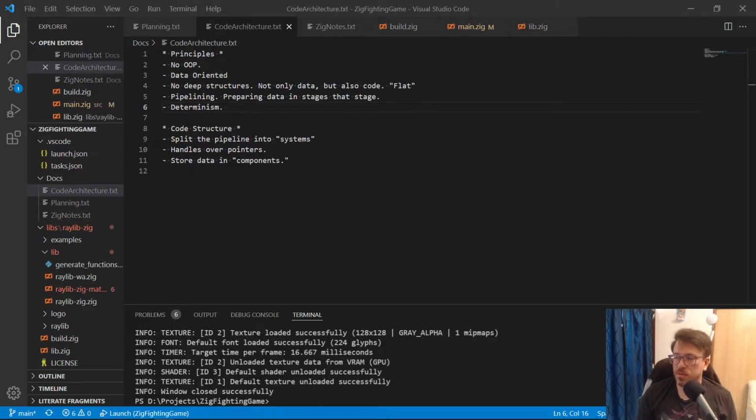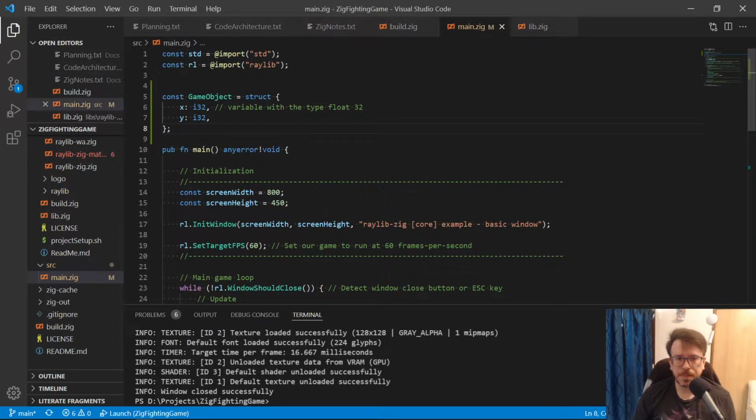Each system is going to operate on one or more components, and those components, for most systems, will hopefully be read-only, right? And I want to be very explicit about that. It's a deep topic that I want to get into at some point. But today, I want to move on a little bit and just get this basic game simulation going.